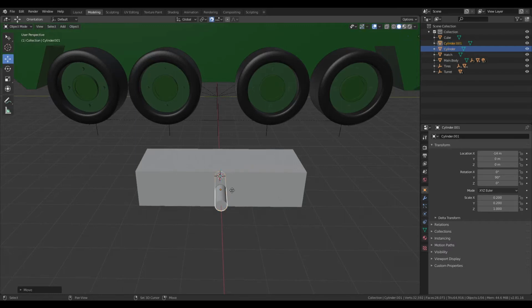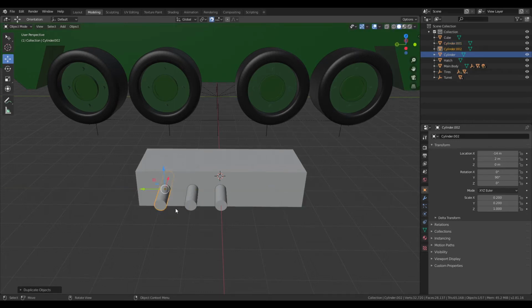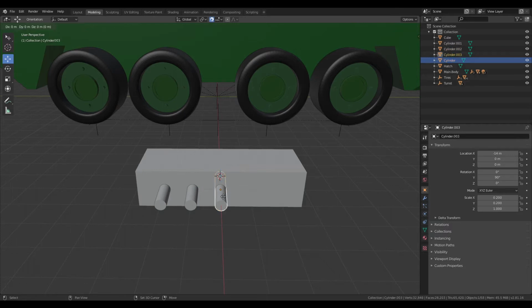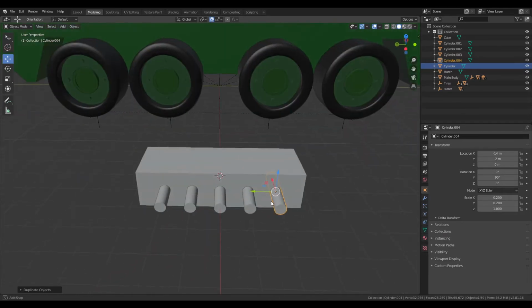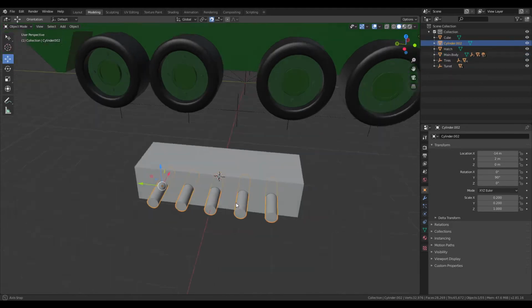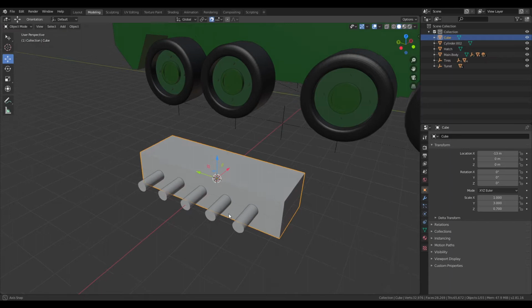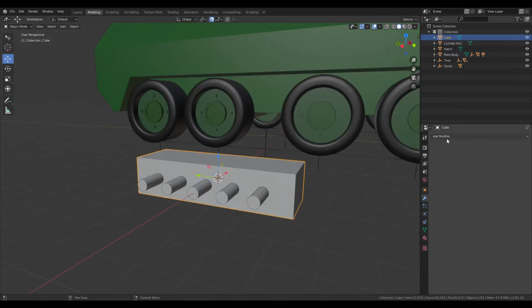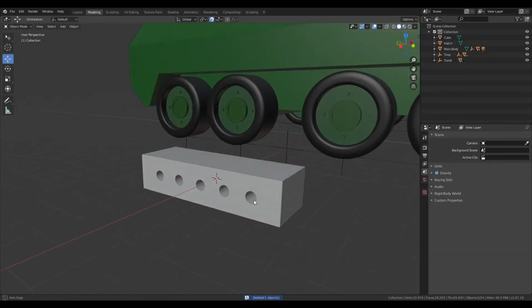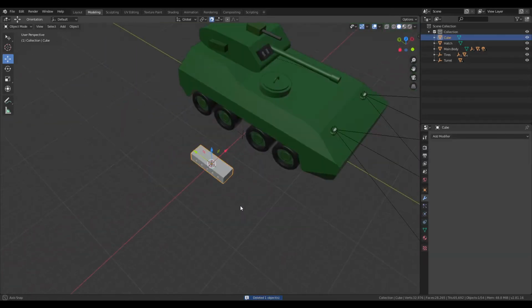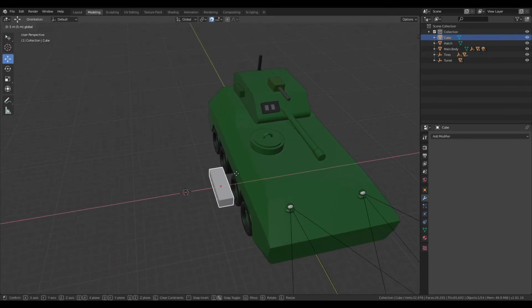and then we're going to duplicate it, bring it up on the y-axis, and duplicate on the y-axis again, and again. Then we're going to select all of these cylinders and press Ctrl J to join them. Then we're going to go to the cube, go to modifiers, go to Boolean, and select the cylinders. And then we can delete the cylinders,